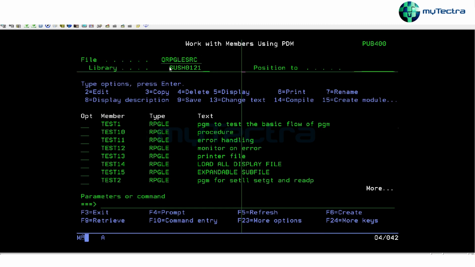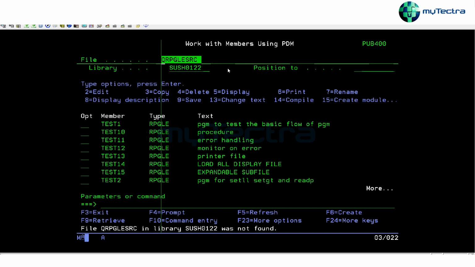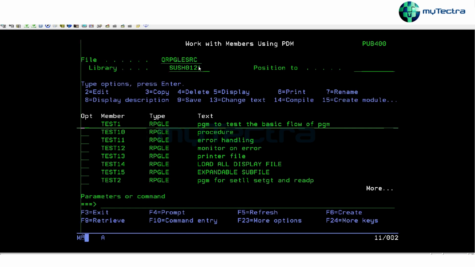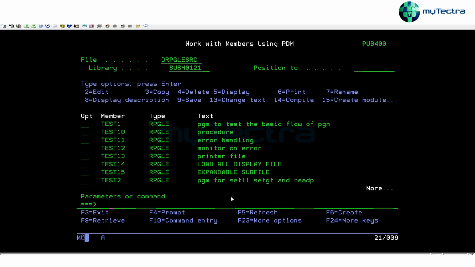So your library will be generally, because my ID is SUSH012, this is the ID, and two libraries are already created, SUSH012 then 1 and 2. This is another library which is assigned to my name. So your name will also be assigned. So just look to see which, because CRTLIB,